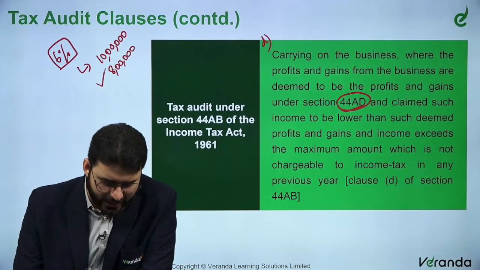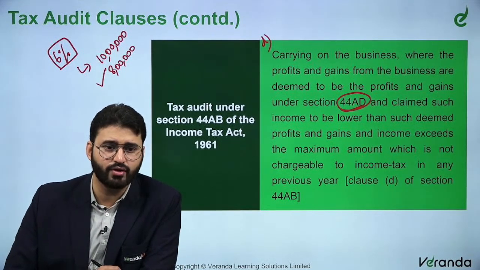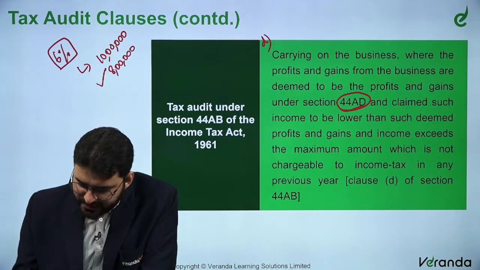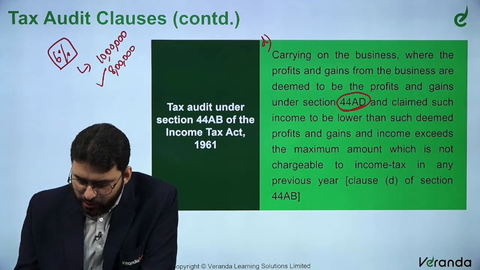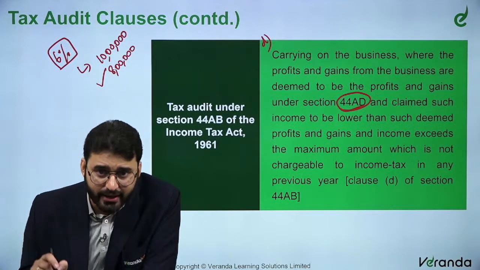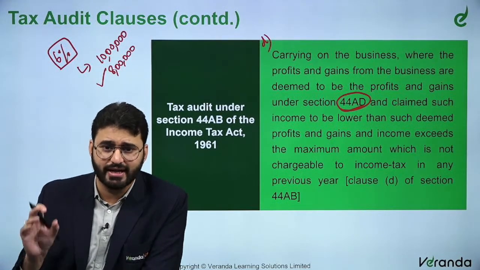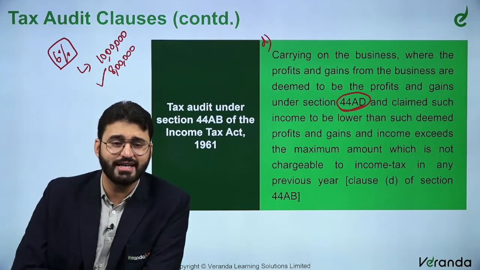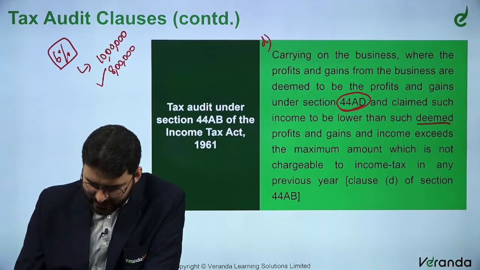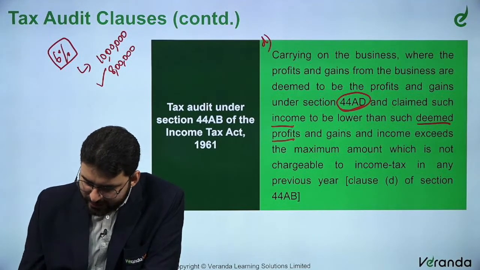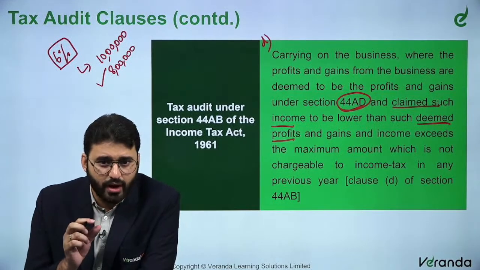In that case, I have to do a tax audit under section 44AB clause D. Carrying on the business where the profits and gains from the business are deemed to be the profits and gains under section 44AD and claimed such income to be lower than such deemed profit. What is the deemed profit? That is the 10 lakhs. What is the amount that is claimed? That is 8 lakhs. However, there is only one small